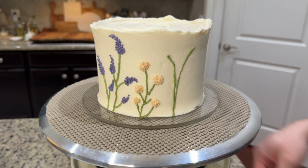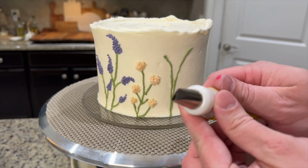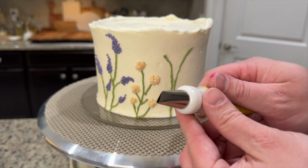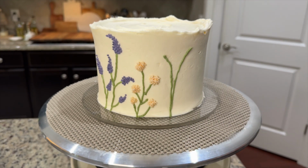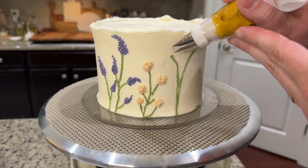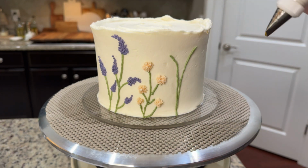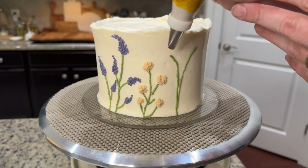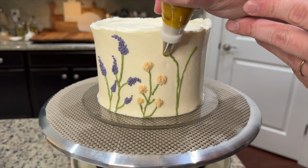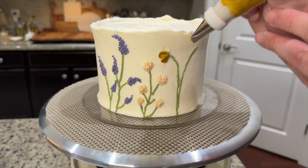Okay. So now we're going to use this sort of mustardy yellow. And I just have a little rose tip on here. So we're going to do ruffles. So you're just going to take and lightly squeeze. Like I said, this is a very hard angle for me to do this, so bear with me. So you're just going to take it, squeeze a little ruffle, squeeze it a little,